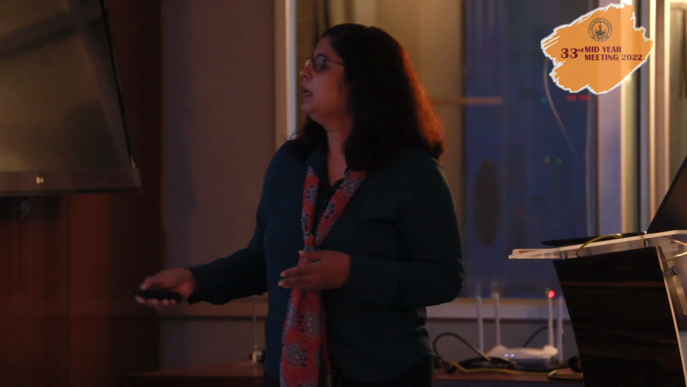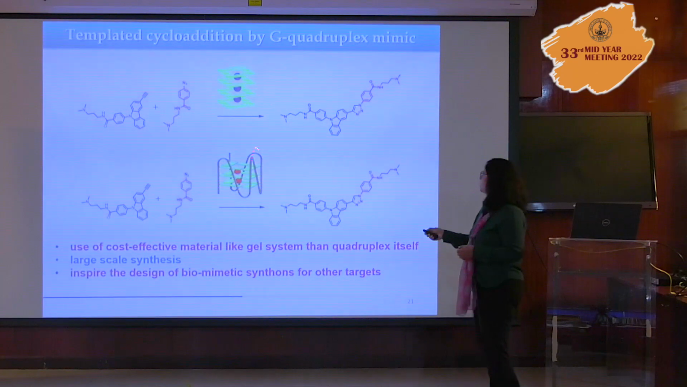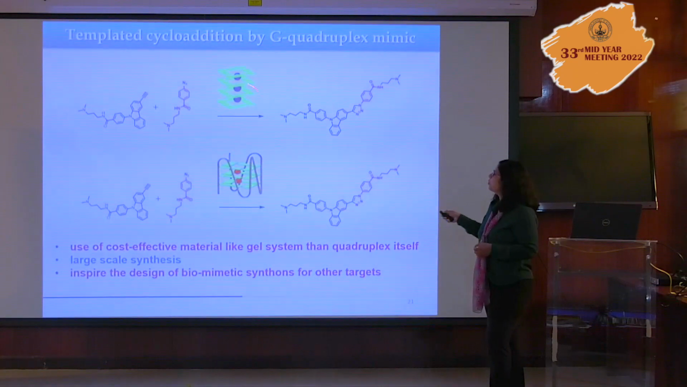So, we thought to use this hydrogel assembly that contains G quartet like structures to promote this cycloaddition. So, our idea was the resulting products would strengthen the gel network, they can bind and stabilize the G quartet assembly and then drive the cycloaddition. And quite remarkably, like the quadruplex, this gel assembly could also synthesize this compound in a regioselective manner, and